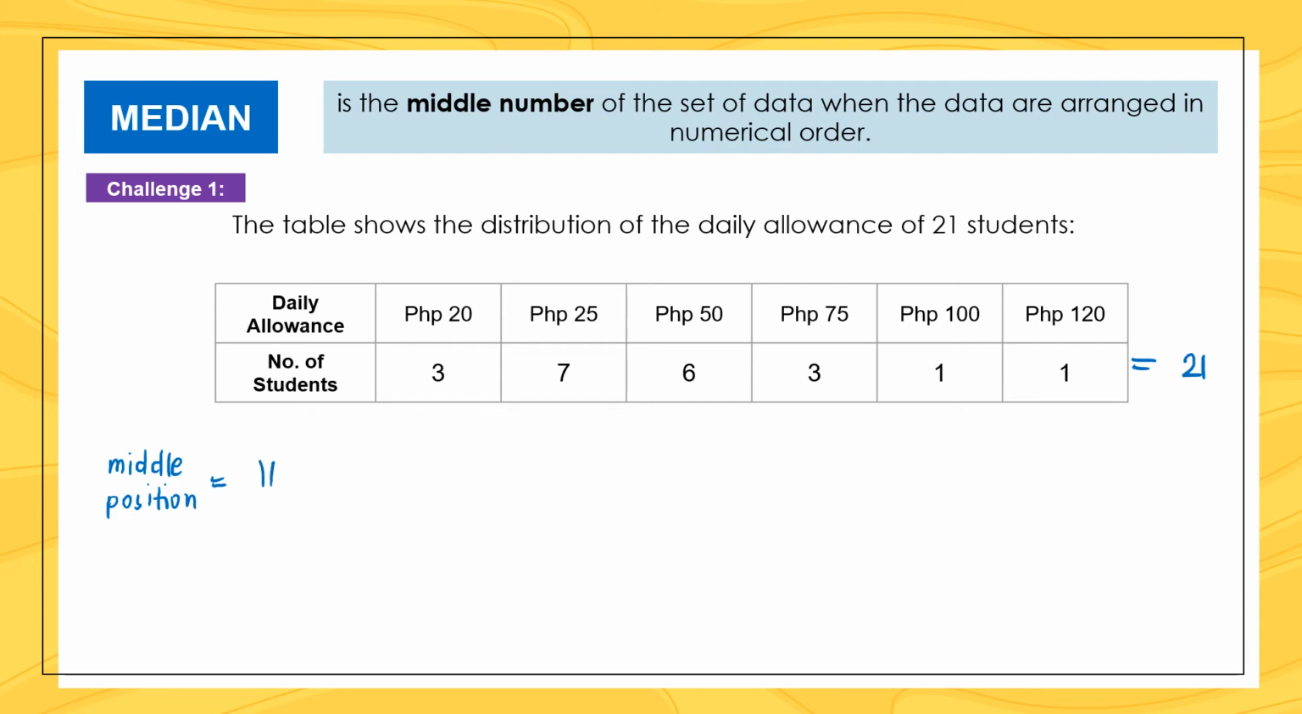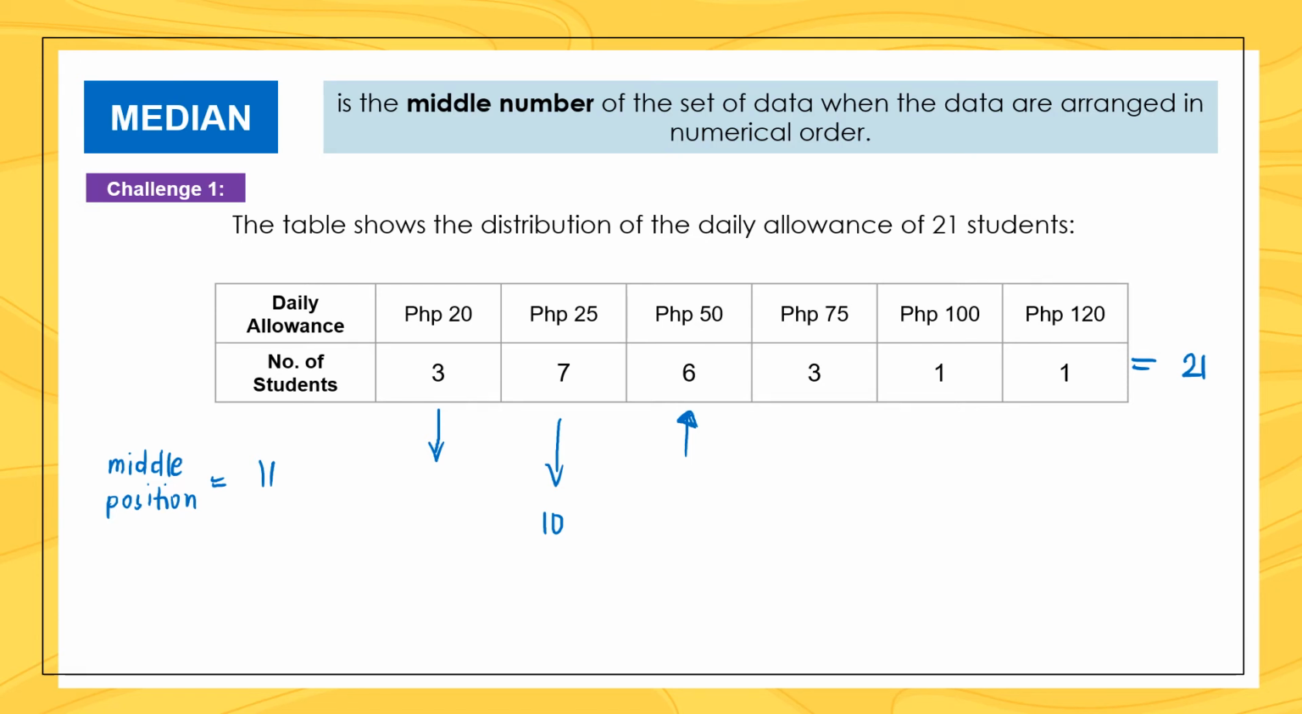As you can see, we got here 3 students, 7 students, 6 students, 3 students, 1 student, and 1 student as well. So it's really easy to locate the daily allowance of the student in the 11th position. Here we got 3 students plus 7, so 3 plus 7 will be equal to 10. After 10 is 11, therefore the allowance of the 11th student is equal